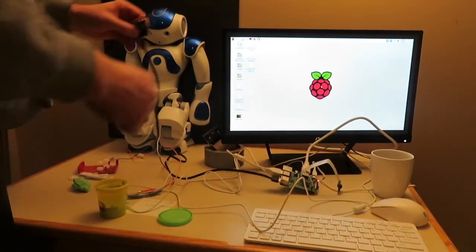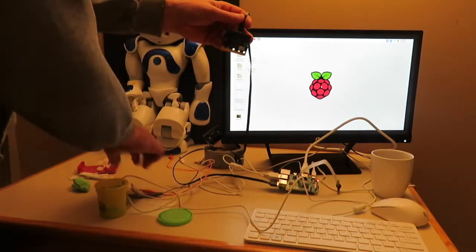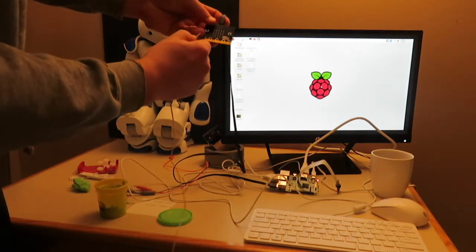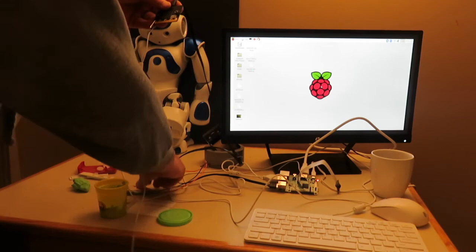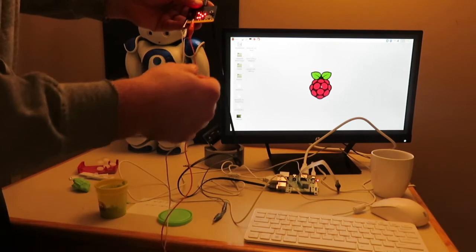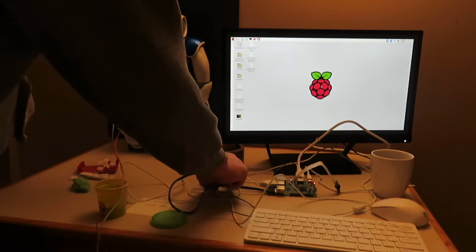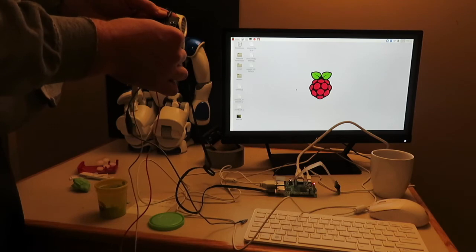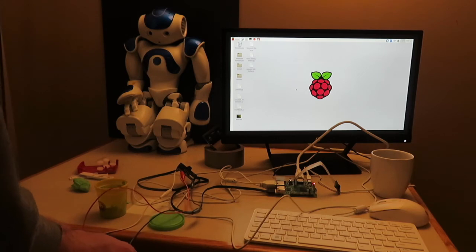Okay, we're then going to take our microbit and we're going to attach one alligator clip to pin 0. We're going to attach a second one to pin 1, and then we're going to attach the third one to the ground. All right. Once we have that,